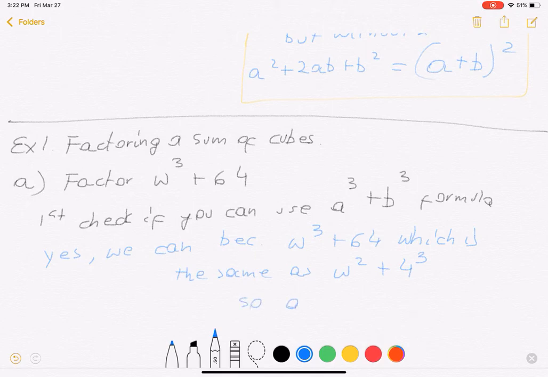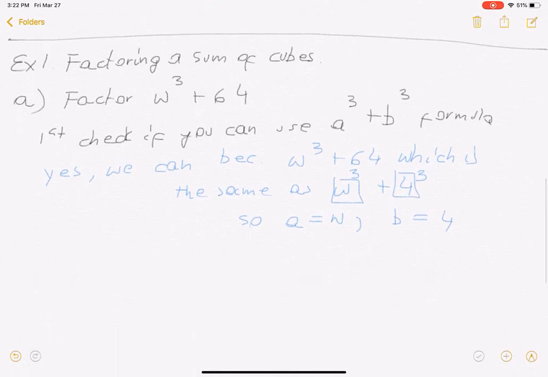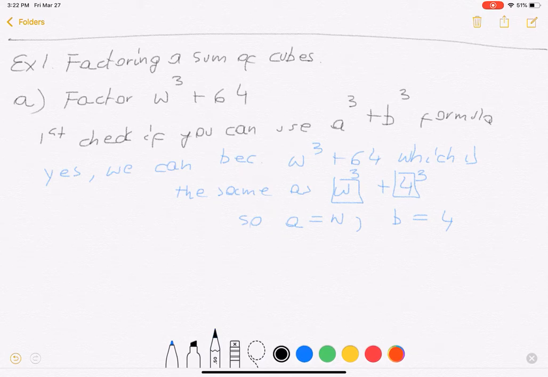So a is equal to, I'm sorry, not square, that should be 3. A is equal to w, b is equal to 4. This is your a, this is your b. Okay, just in case if we don't see that, which I hope we will, okay,